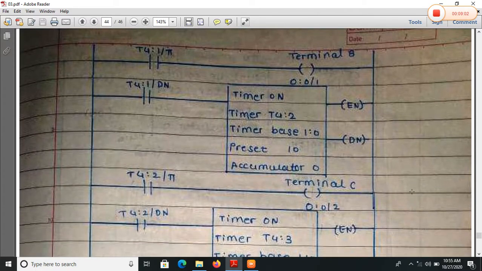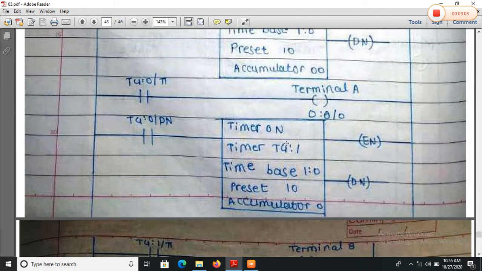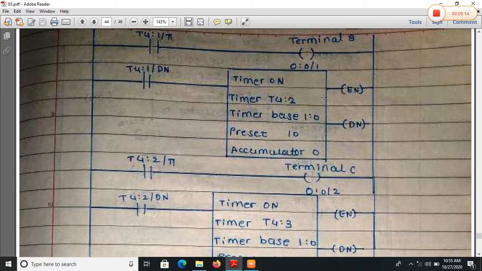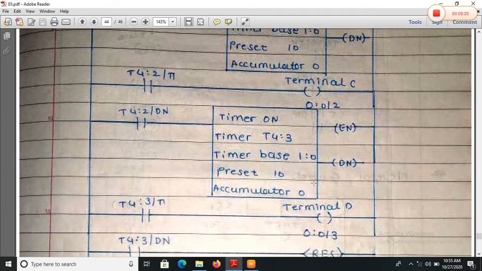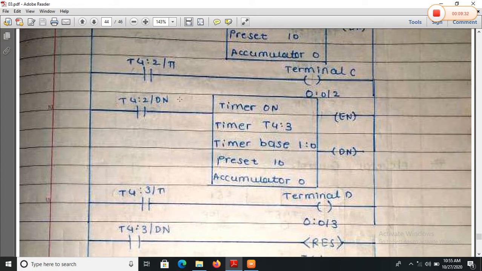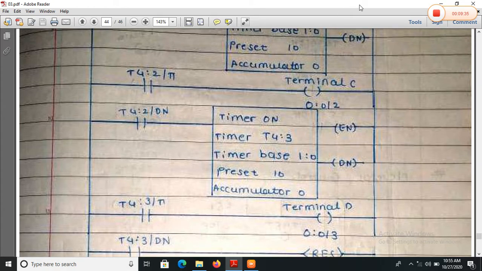When the timer reaches from 0 to 10, it will enable the done bit. When the done bit is on, it will turn on timer 3. In the transit time, it will turn on terminal C for 10 seconds. When the accumulator value of timer 3 reaches from 0 to 10, it will turn on the done bit.